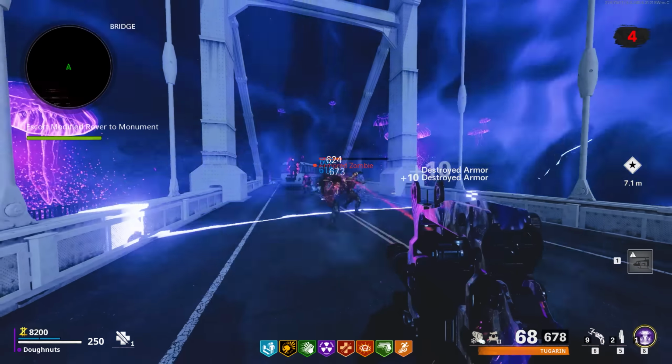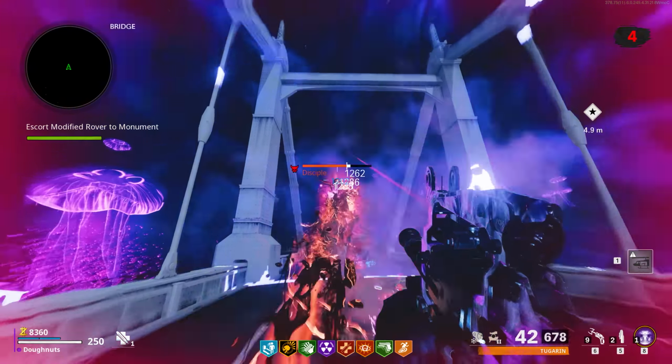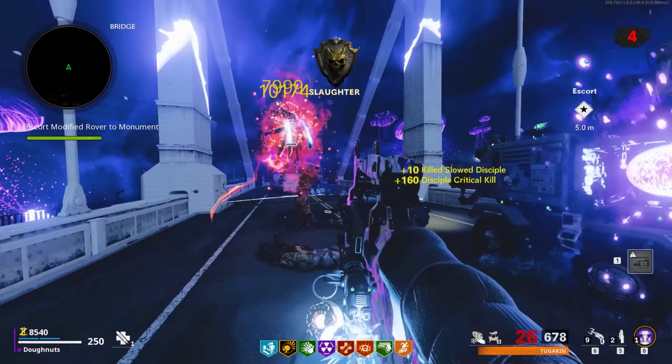And you can tell, hell, look at how strong these zombies are. Look at how strong that disciple makes them. This is only round 4. This gets substantially harder in the higher rounds, like, too hard for me even. I can't handle Modern Warfare Zombies in that high of a round without something like a